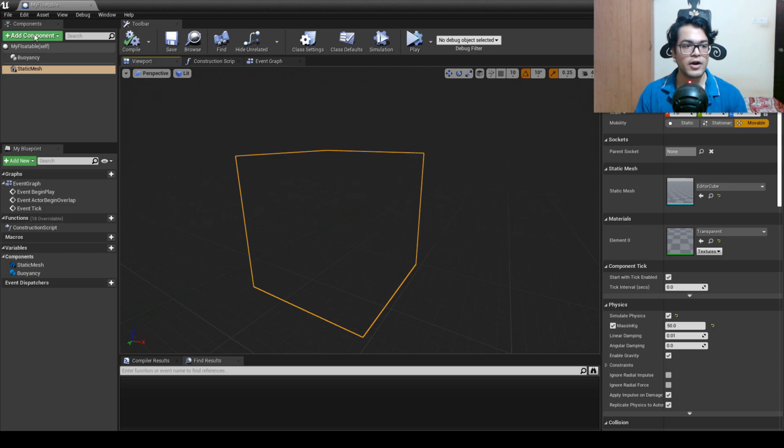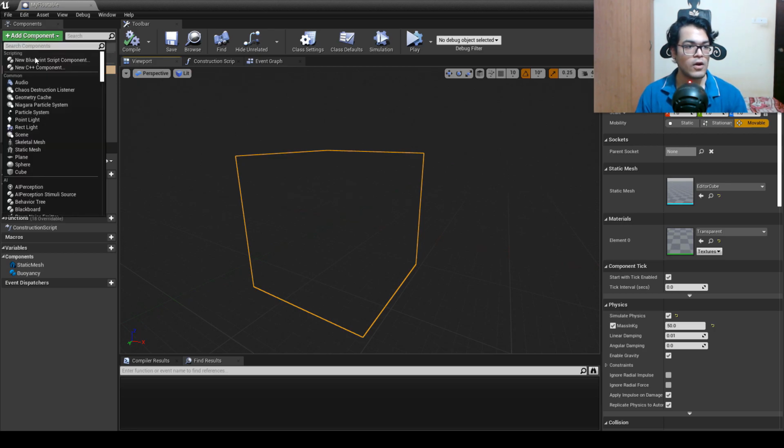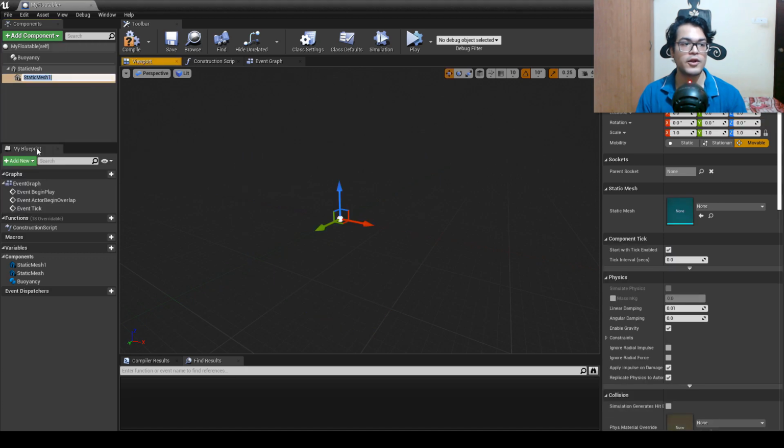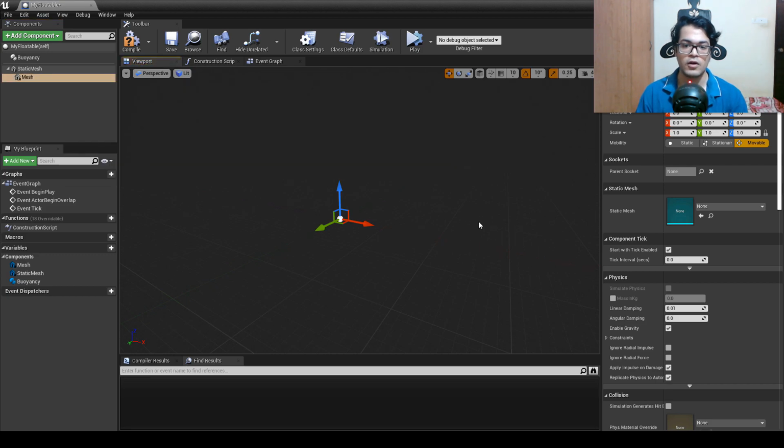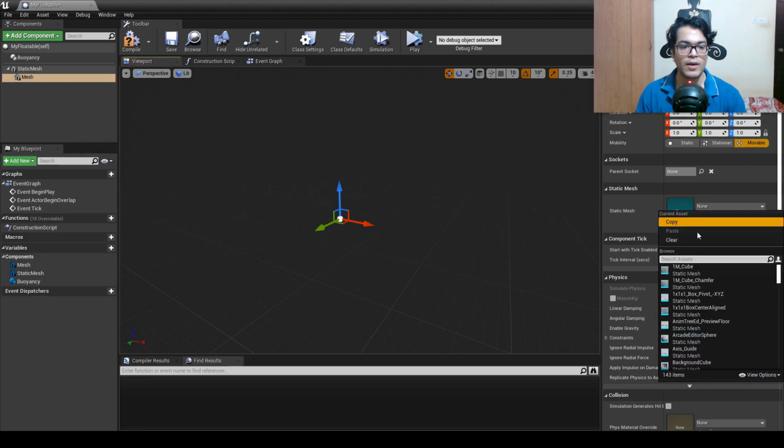So after adding the transparent material, you can add a static mesh below the cube. So this is a child mesh, and this mesh is going to be used for our custom mesh. I have an inflatable duck model, so I'm going to change it to that.